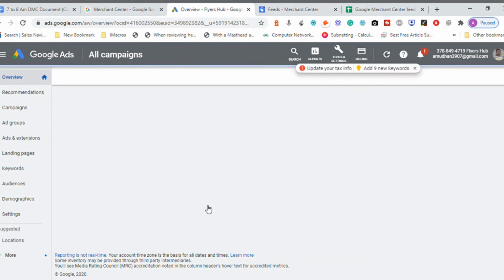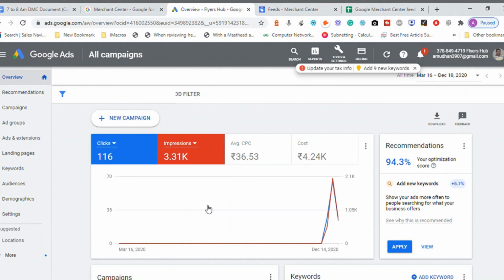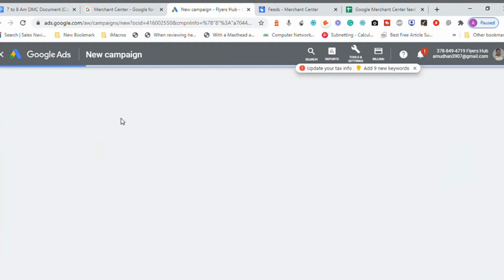This is a different account altogether. In order to see this, you need to go to the new campaign option, select any campaign goal and select shopping as your advertisement campaign.